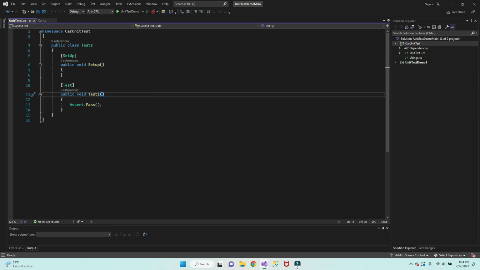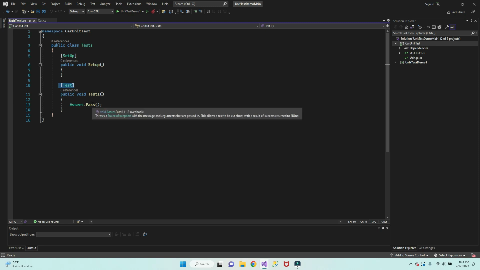But you will have to decorate the method with test, like that. So it's a test: put rectangular braces and write Test on top of the method. Otherwise, you will not be able to test the code that you're writing. So the first one that I want to target is if it is a Toyota. So if the make is a Toyota, we want to test if truly it's going to return the car models